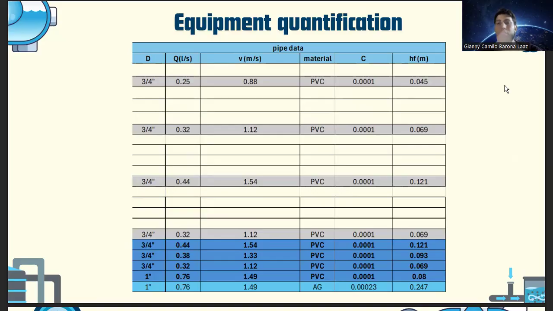In the second case, it was 0.069, and then finally we got 0.12. We can see we got all the values, and finally we got 0.224 for the